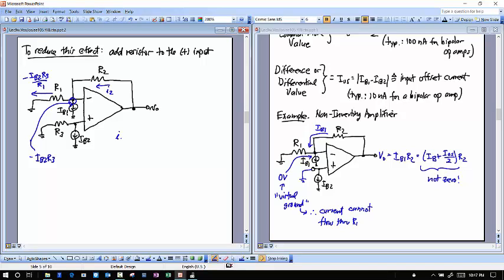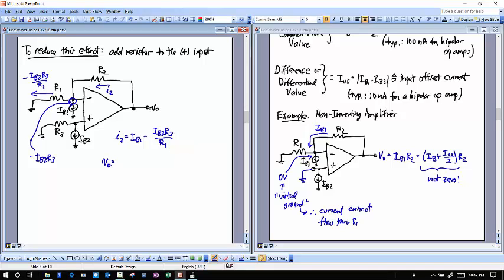And so if I write an expression for my current I2, that's now going to be equal to IB1 minus IB2 times R3 over R1, which means that my output voltage V0